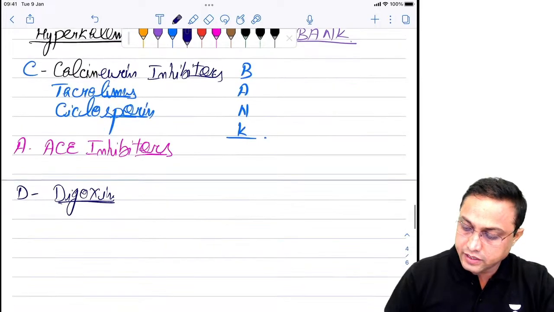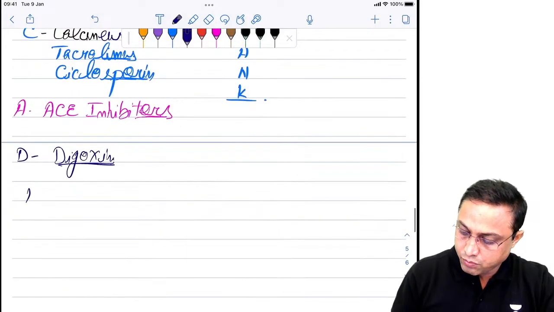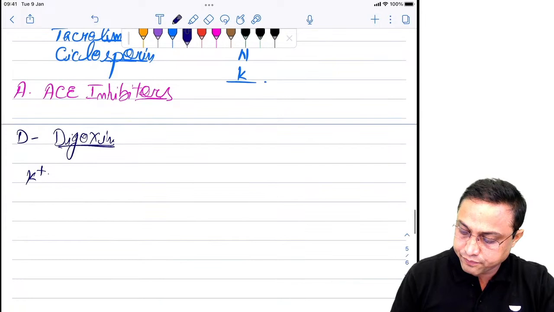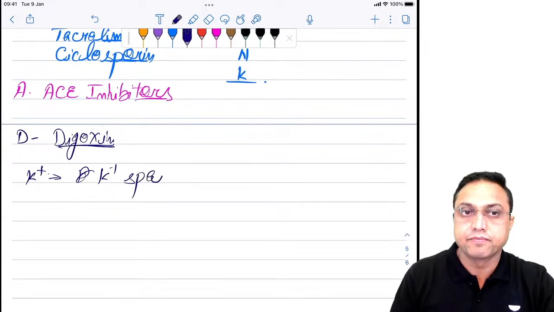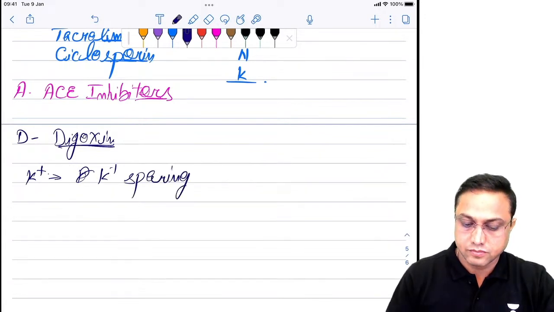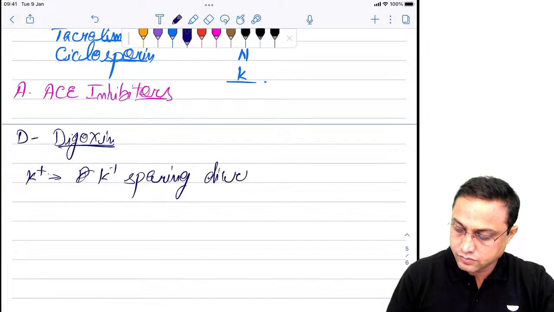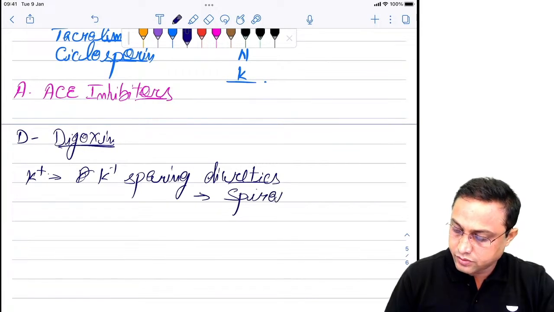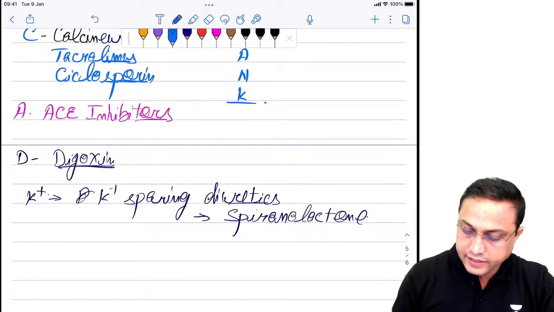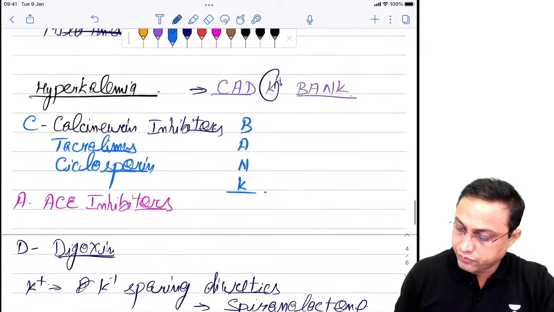Then K is for potassium sparing diuretics. Diuretics like spironolactone, right? Then we have